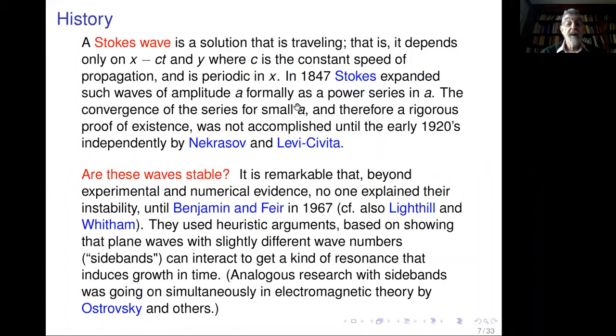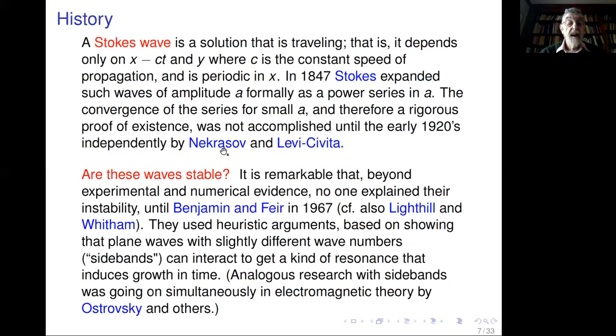And then I want to just emphasize that the rigorous proof of the existence of Stokes waves, these periodic waves, didn't come until the 20th century with Nekrasov and Levi-Civita independently in the 1920s. They proved that you could make a power series expansion that had a positive radius of convergence. So they got these small